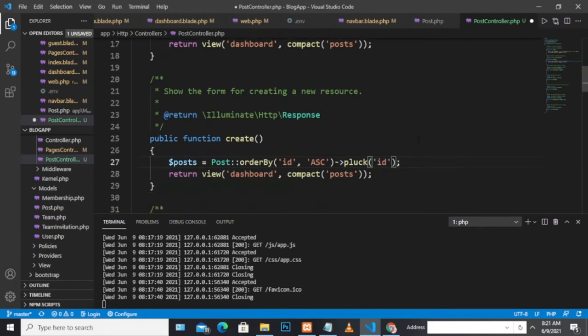So order them by ID in descending order, and then pluck them by ID. Now in the return view, I'm going to create a create blade. This create blade is going to be within post.create. This is the view that I'm going to return, and then I'm going to have compact post. Now post.create